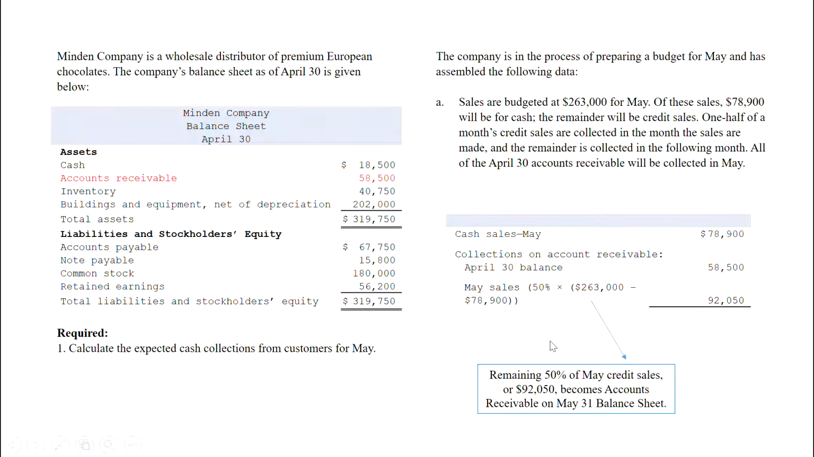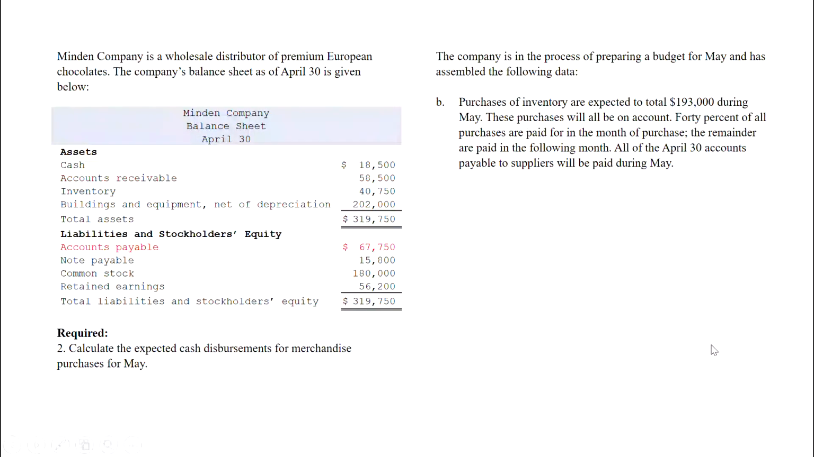Let's go back to the problem we're working on so far. We've got cash sales in May of 78,900, April credit sales collected in May of 58,500, and May credit sales collected in May of 92,050. So total cash collections from customers are $229,450. Let's move on to the second part of the problem where we're going to focus on expected cash disbursements,